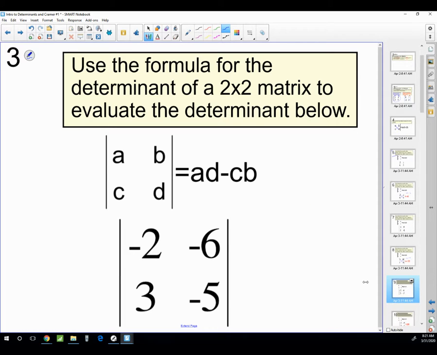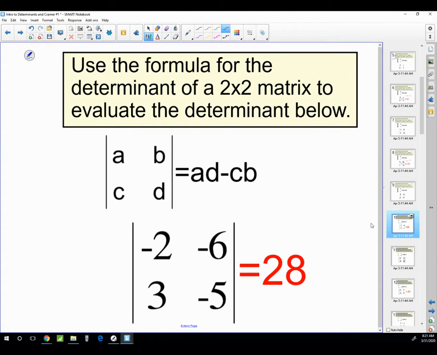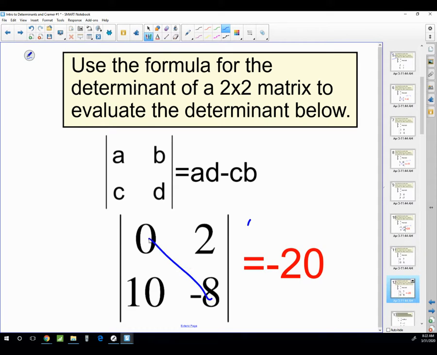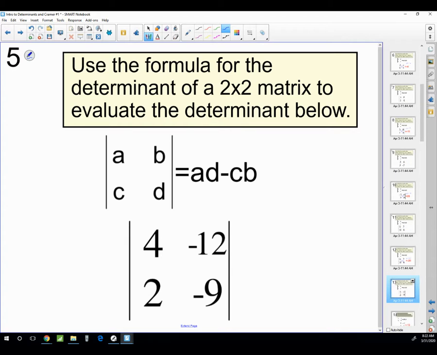Again, pause the video. The determinant is 28. That product is 10 minus that product is -18. The determinant, 28. Pause the video. The determinant is -20. That's 0 minus 20 is -20. I'm not sure how many we have of these, but let's do them. Pause. The determinant is -12. So that's -36 minus